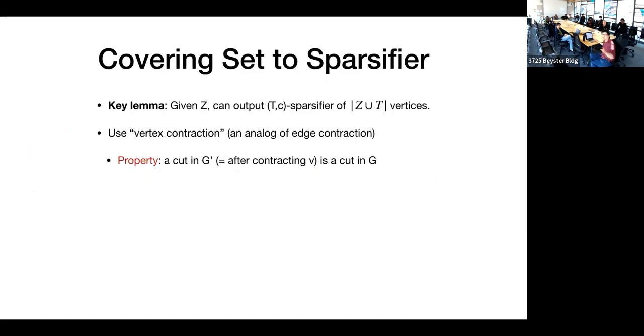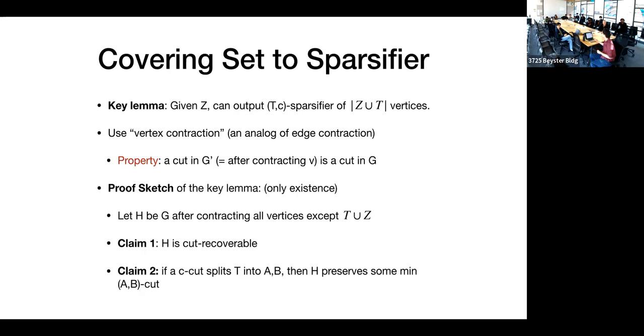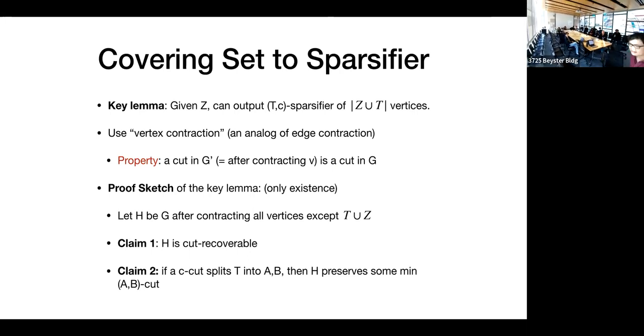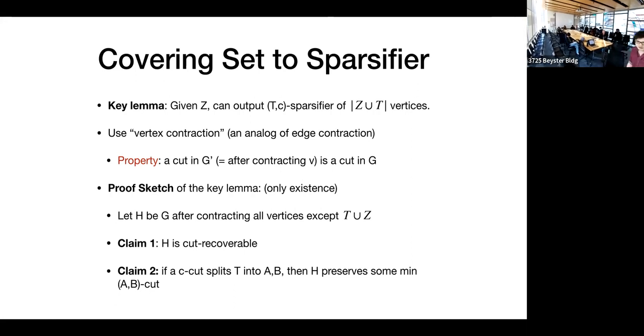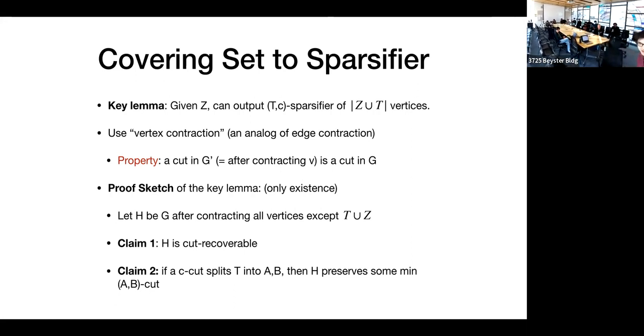Now, given this operation and this property, we can convert into a Sparsifier very easily. So here's the algorithm. I will only show you the existence. Start with G. I contract everything else except T union the covering set. I do the vertex contraction, and then to show that the graph here is a Sparsifier, we need